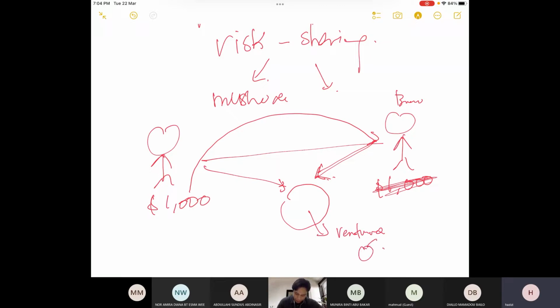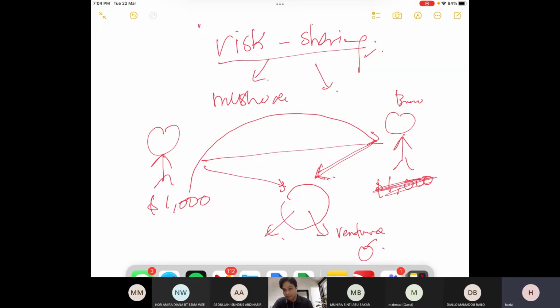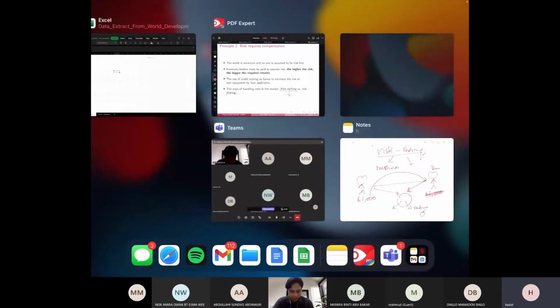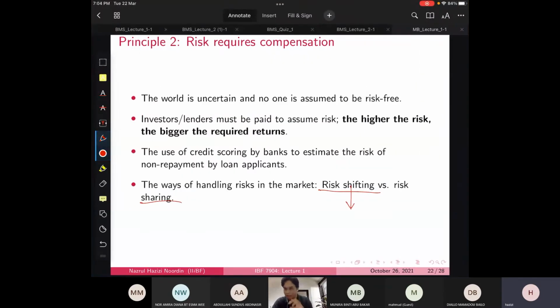Selling coconuts, right? So you see, the difference now is that we are together bearing the same risk of this business being a failure. You get what I mean? That's slightly different from earlier. So this is the concept of risk sharing. You will get to know this when you learn about Islamic banking instruments later. I don't want to go into detail, but you should know the difference between risk shifting